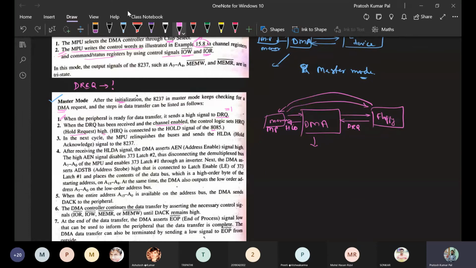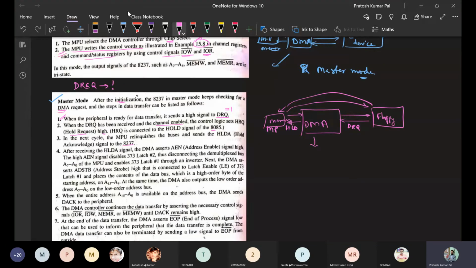So that hold signal will ask the microprocessor that the DMA wants to have the control of the data, address and control buses. In the next cycle, the microprocessor unit relinquishes the buses and sends the HLDA, that is the hold acknowledgement signal, to the 8237 or 8257, that is the DMA controller.